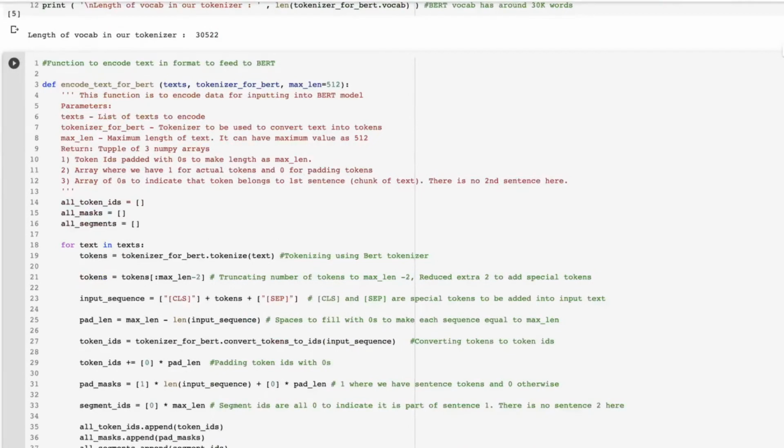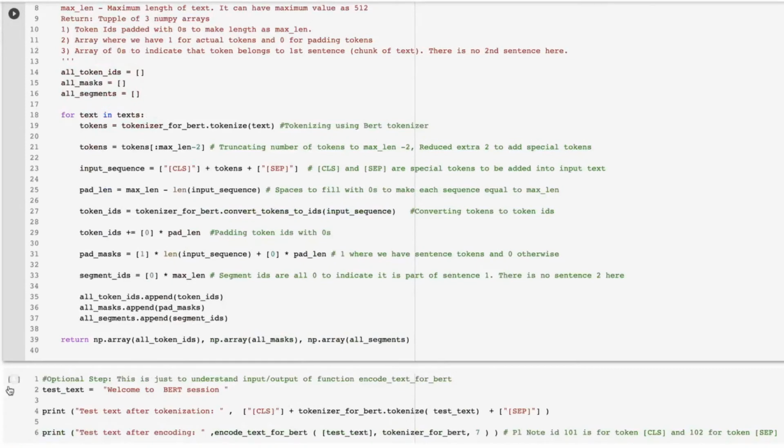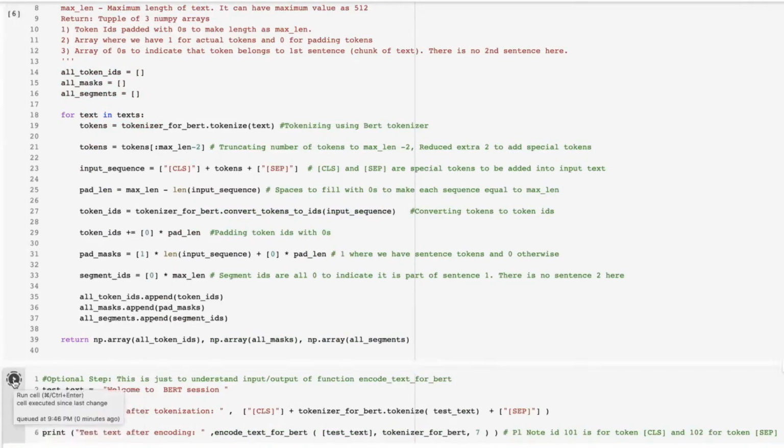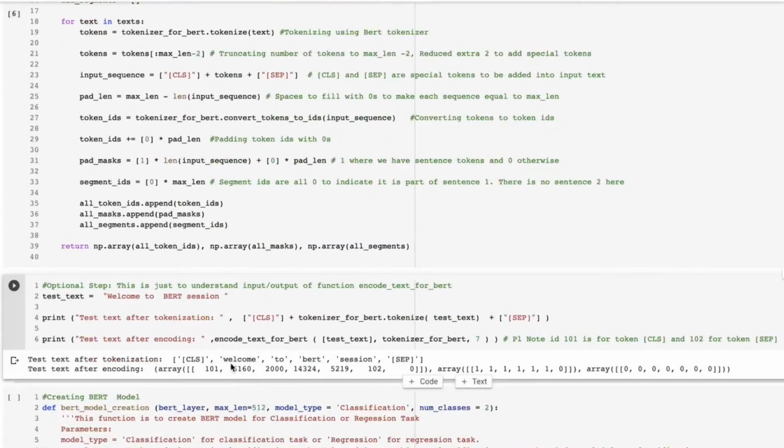I will not read through every line. There are comments here, so you can read them. It's fairly straightforward code. But let me show you how BERT does the tokenization with an example. If you see here, the text is welcome to BERT session.